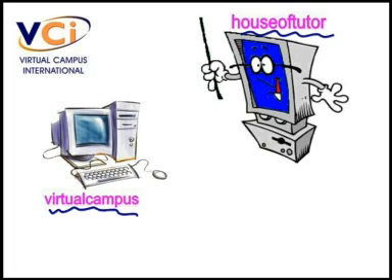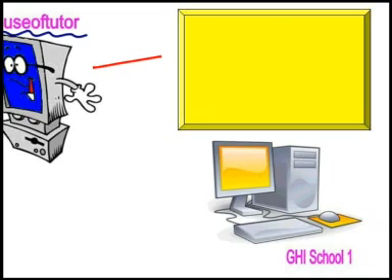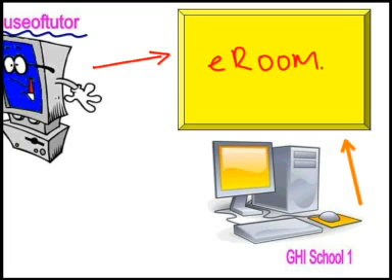Now on the House of Tutor computer we will be presenting the eROOM classes. So that is the computer on which we physically work when a class is presented inside the eROOM. Now the eROOM is also the place where all the various schools and home schools and computers would access to see the whiteboard. So what then would happen is a school, let's say GHI School 1, will log on to